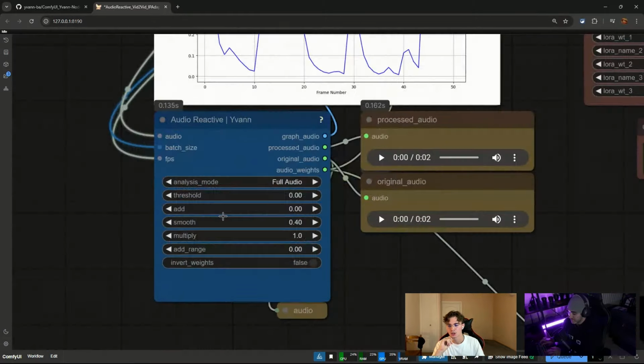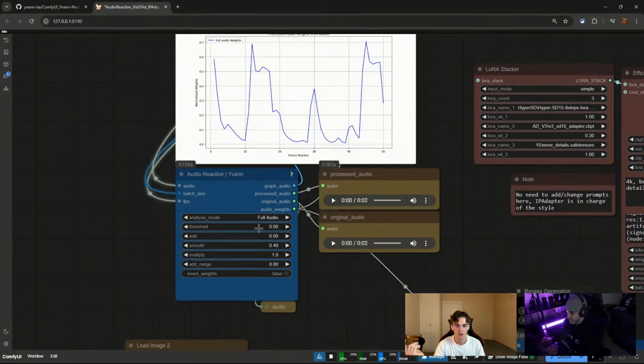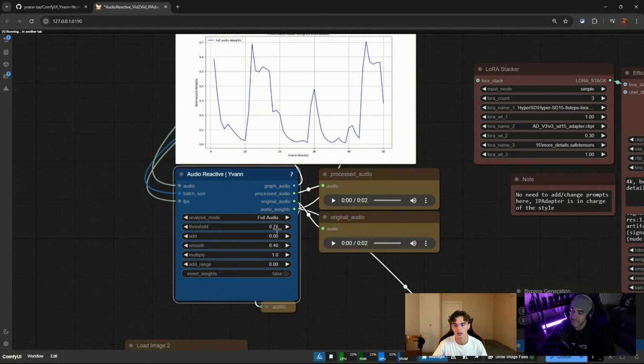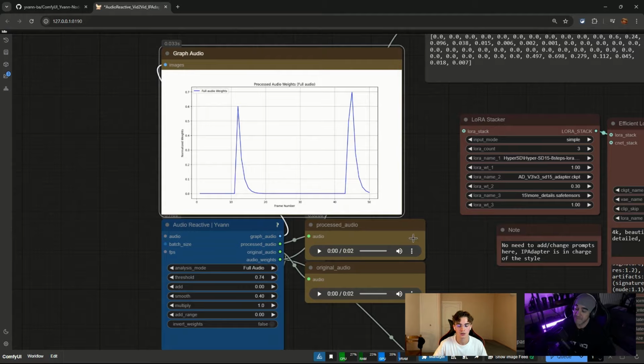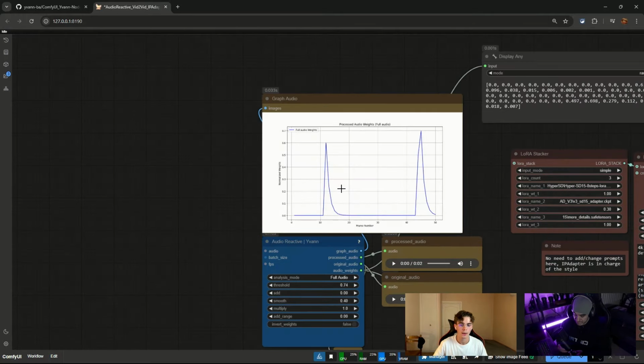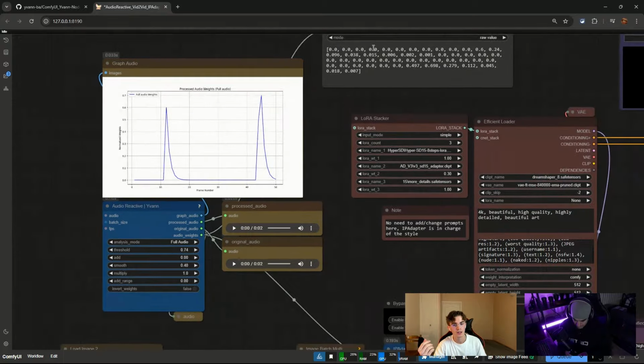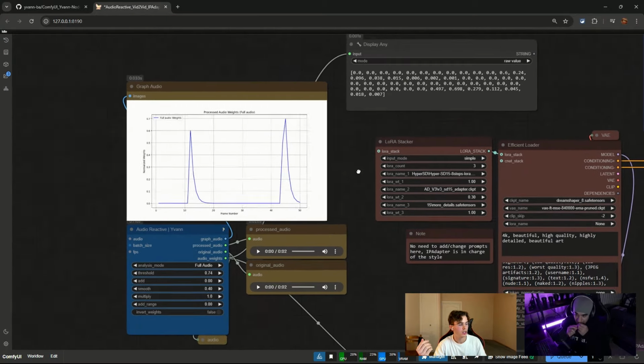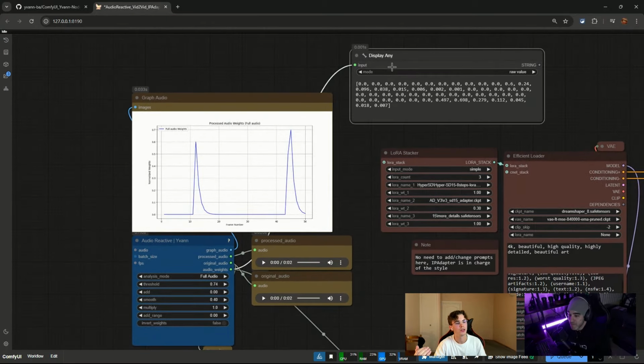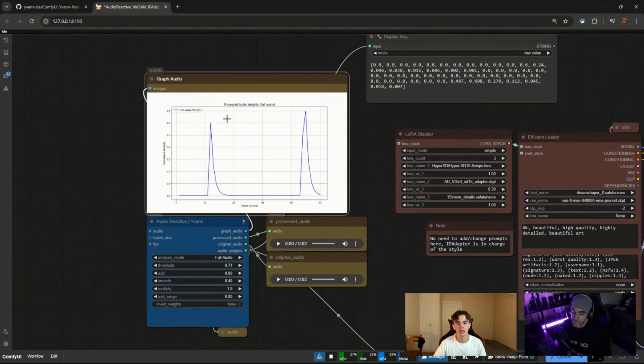And yeah. So for example, when I reduce the threshold, I get more audio data, and when I increase it, I get way less audio data. Why is it important? Because when you feed the weight to your animation, you want to really control where the style is going to be, or where the transition of the animatic is going to change, and all of this is directly related to the